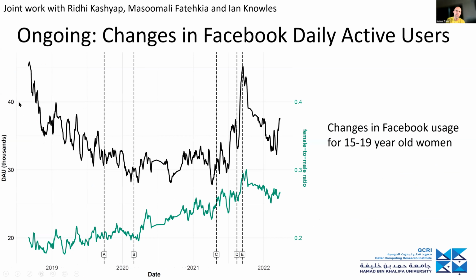And here in black, you see the daily active users for all of Afghanistan for adolescent girls aged 15 to 19. Right? So this is this line in black. And you could see it was decaying in 2018, as I think overall Facebook is losing market share to Snapchat and TikTok and other platforms, and then it stabilized in 2020, and then interestingly it actually went up, right?